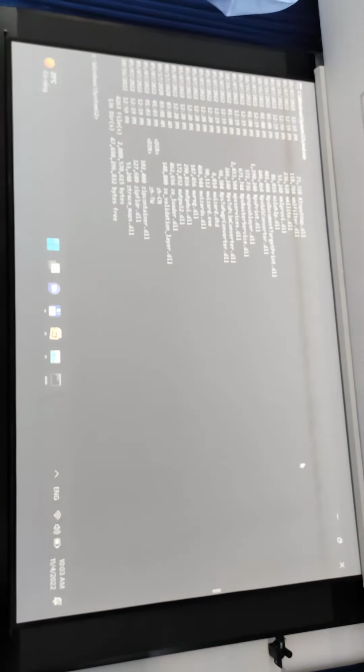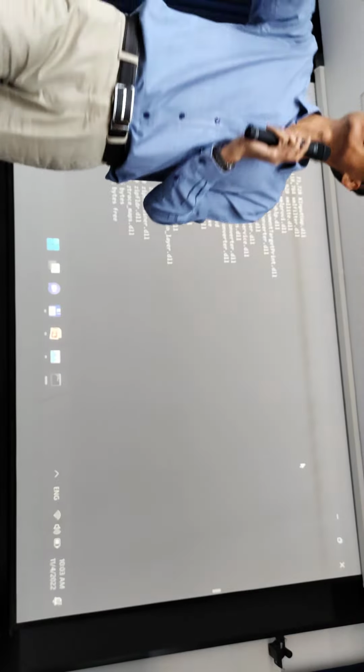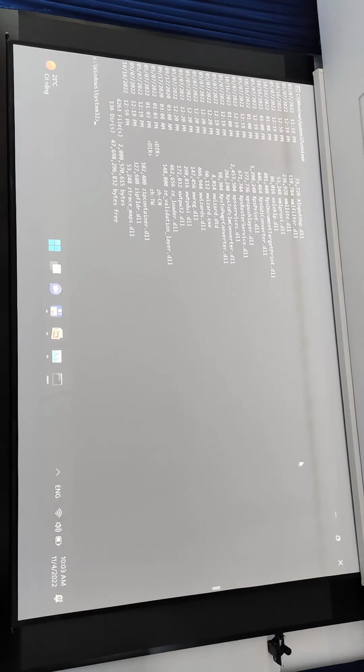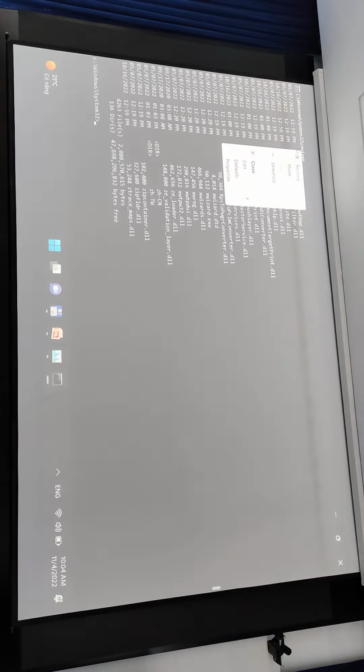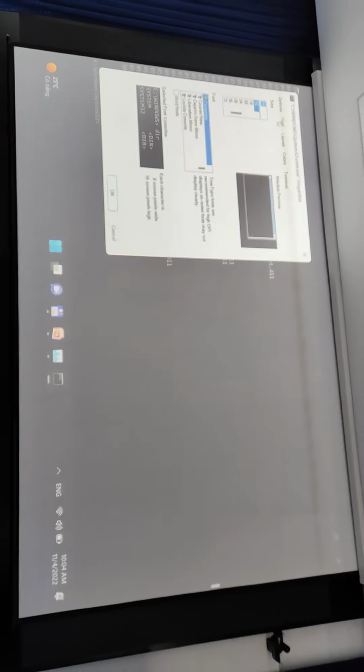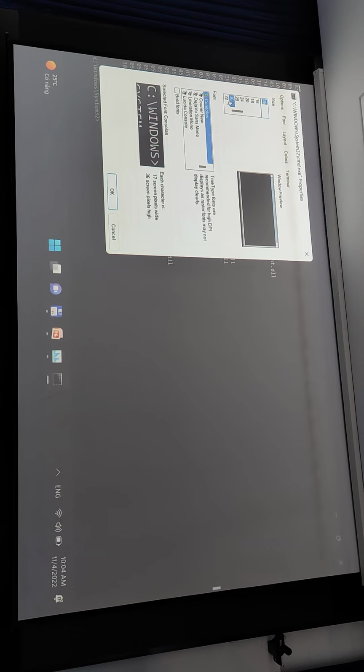Another way, you could change the configuration of the Windows. There are several ways, but in Windows settings you could do it. But now, for example, for my case, I change the property, and in the property there will be a font, and I change the font size to 36.